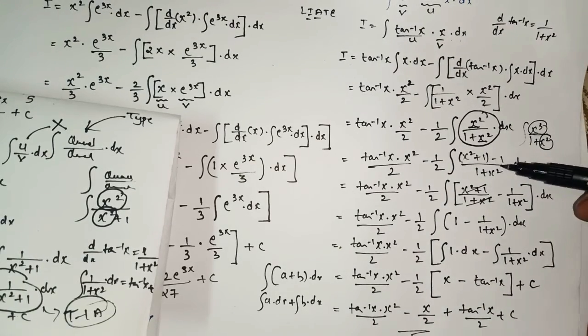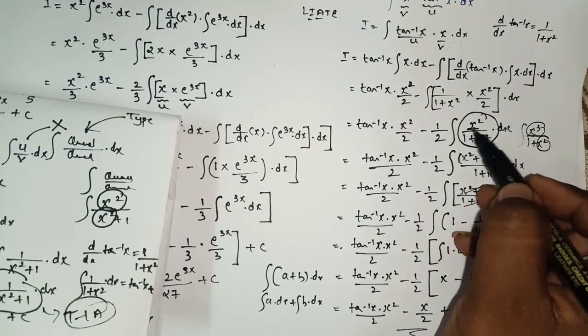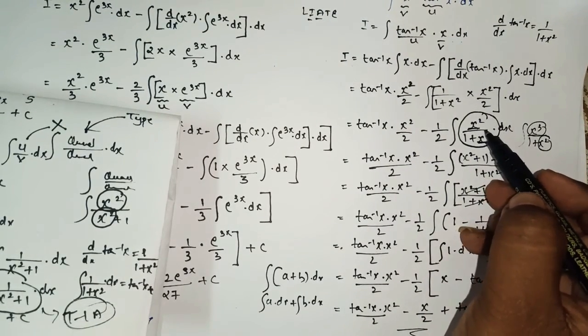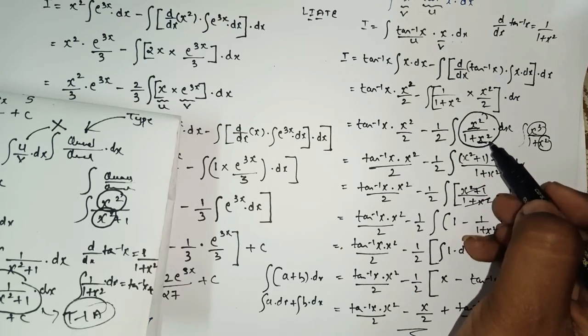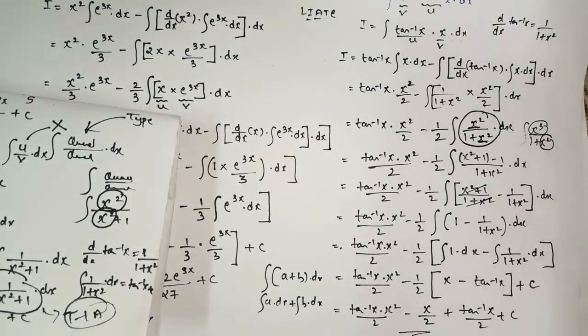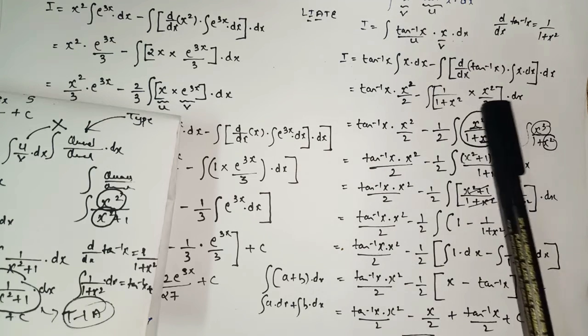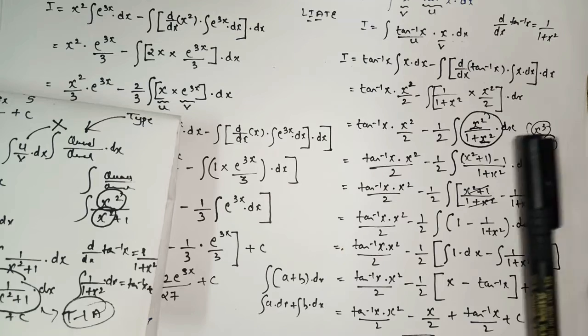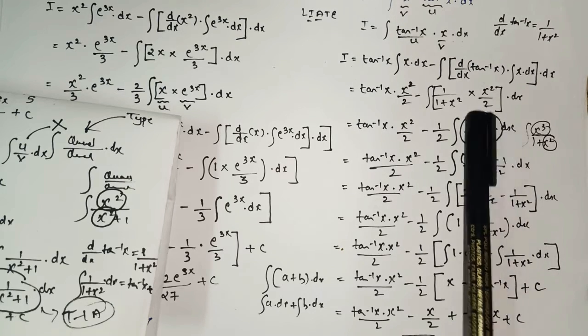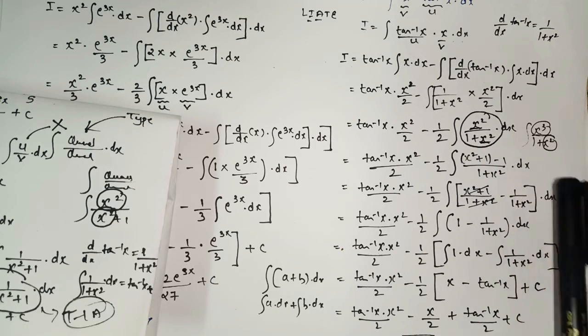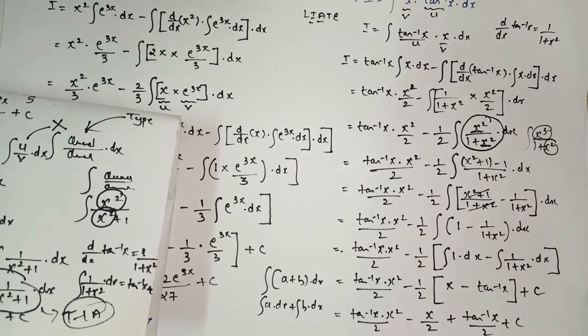This method, plus 1 and minus 1, you have to do the adjustment whenever this x square and x square is same. Suppose here if it is x cube and x square, so we cannot apply this property. So there a different method will come. For that also I will explain what exactly you have to do. But here just remember, whenever you come across x square upon 1 plus x square, quadratic upon quadratic, and these two sections are same, then this is the adjustment, plus 1 minus 1, then separate and then integrate.